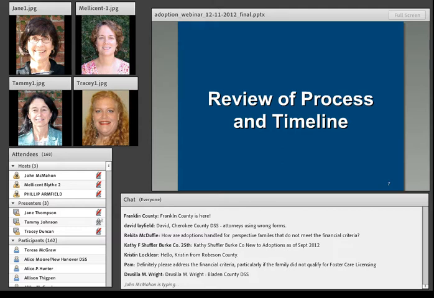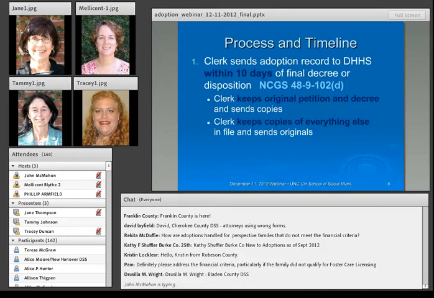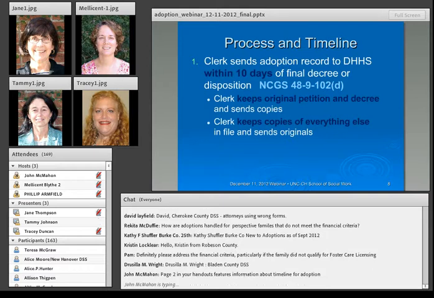So it's very, very important that within 10 days you send the final decree or dismissal to our office. The clerk keeps the original petition and the decree. You can send copies of the petition and the decree along with all the original documents to DHHS. The clerk can keep copies of everything else in their file, but just make sure it's sealed or locked